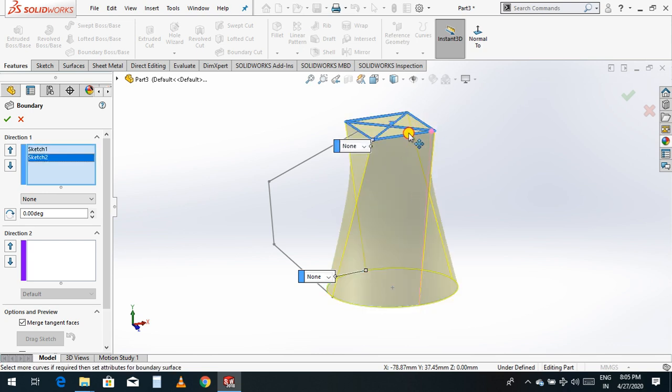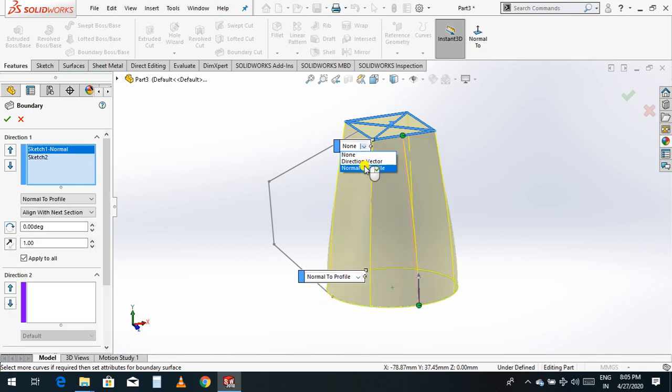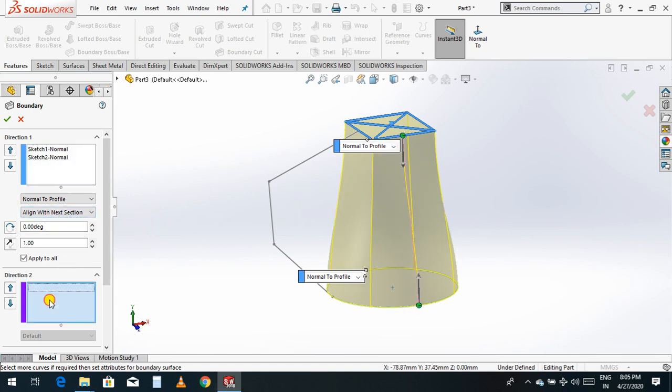Again you can change this rotation like this, and if you want to give a normal, you can give a normal like this. Now below I have direction 2. If you select this path or this line, this body will be changed like this.